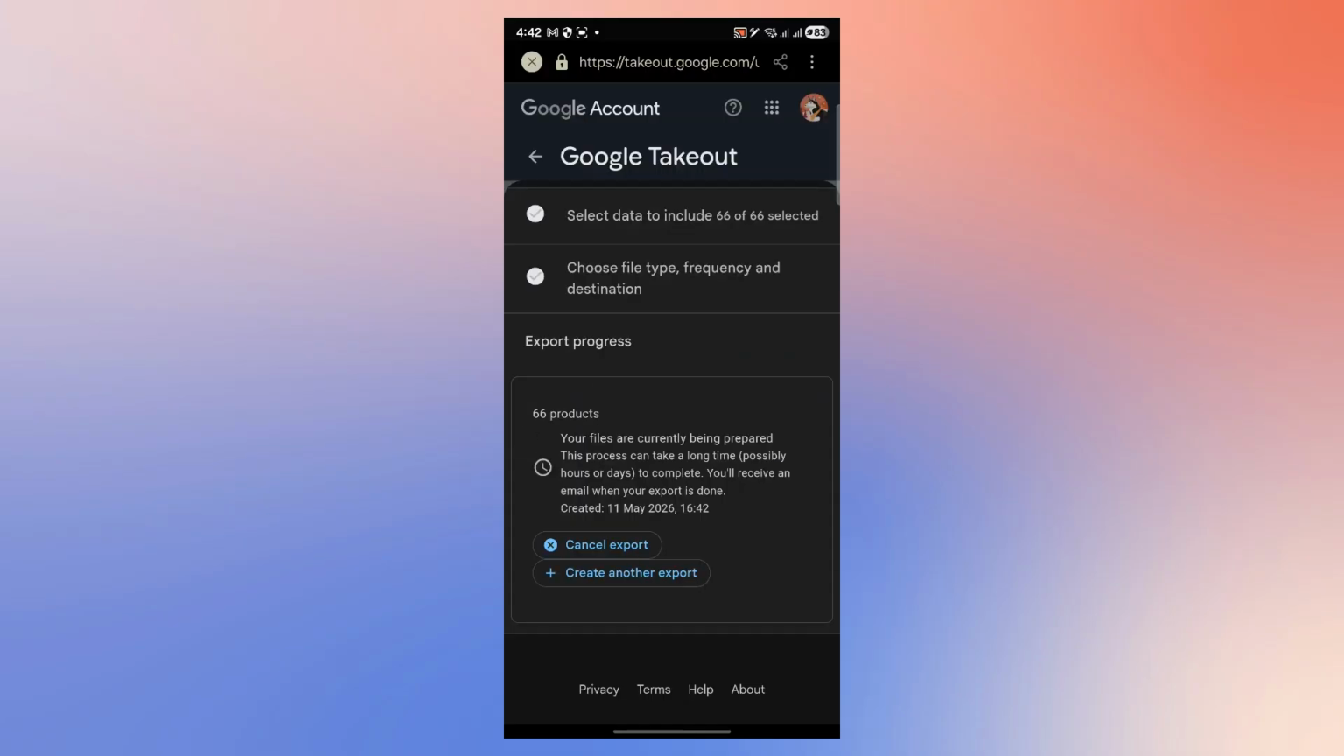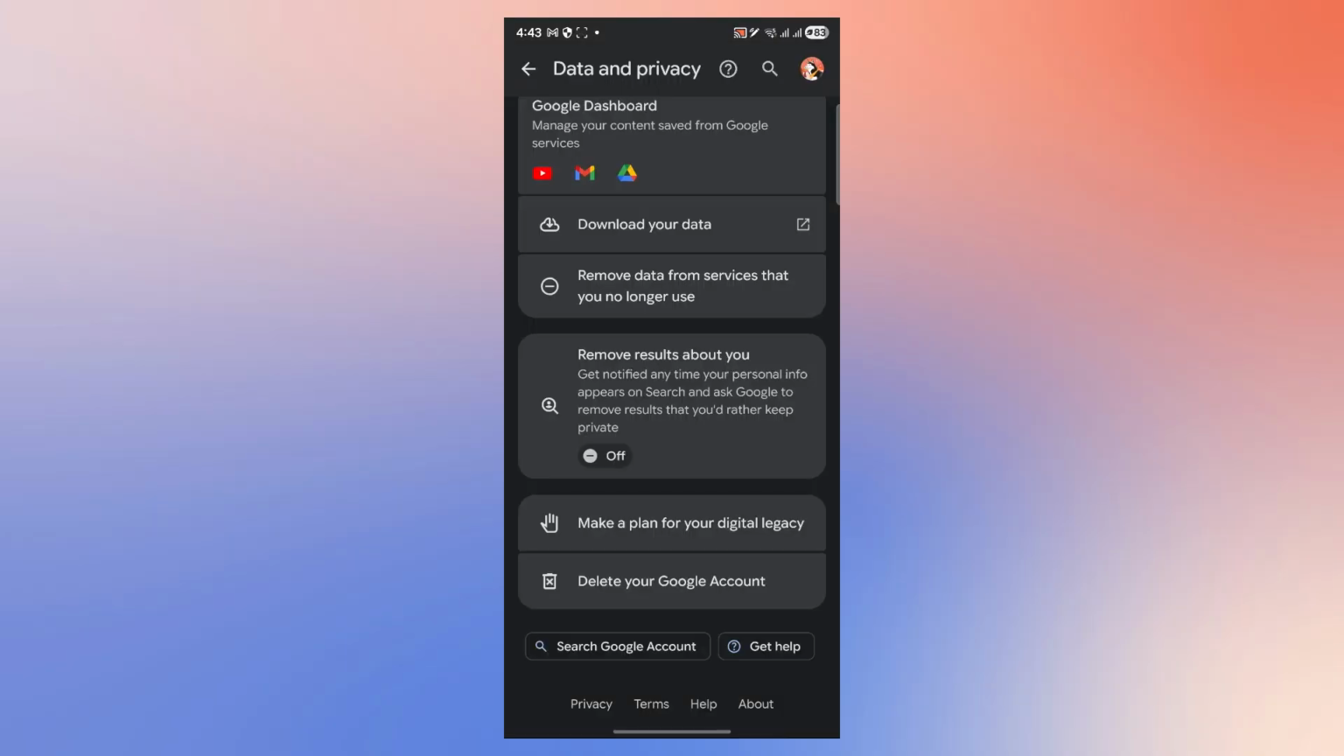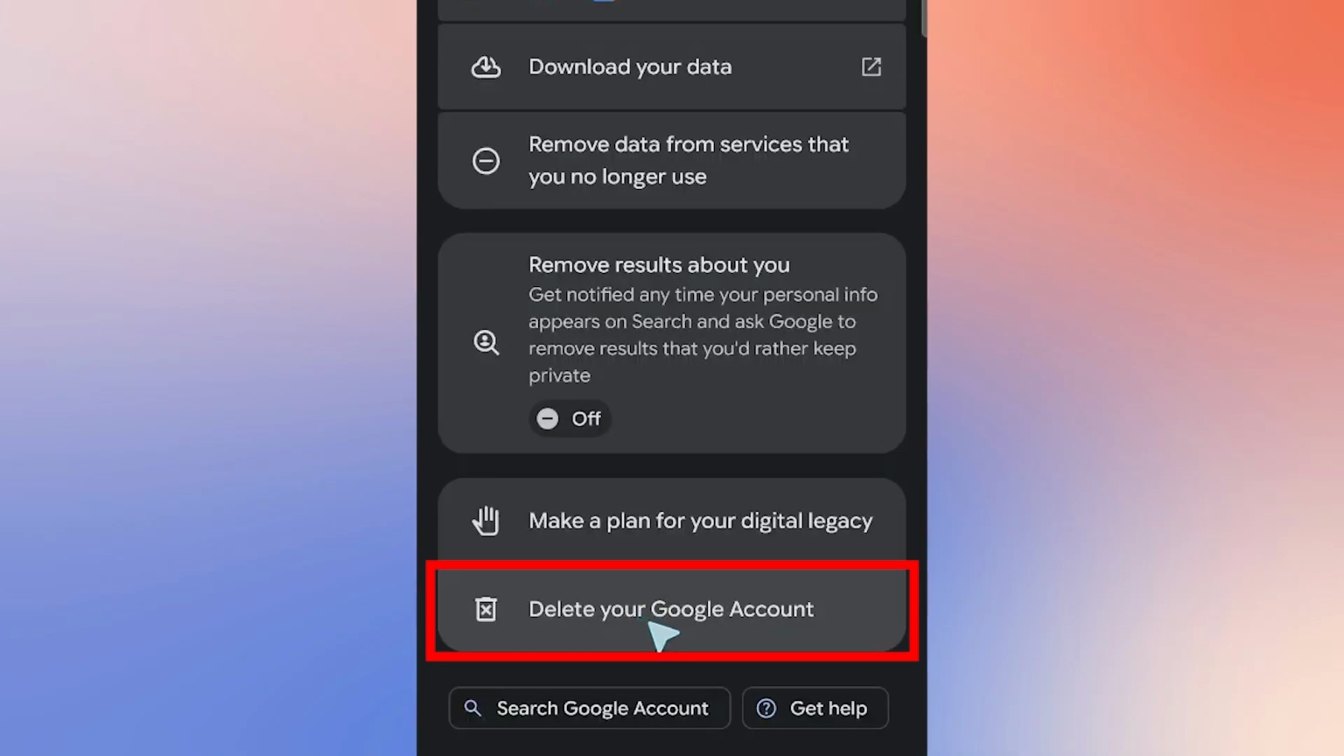After you click Create Export, it will show the number of products you'd be downloading and your files will be in the process of export. It can take a long time, possibly hours or days to complete. After the data gets exported, you will get an email that you'll have to click on and download your data from. And after you have created the export for downloading your data, you can get back and click Delete Your